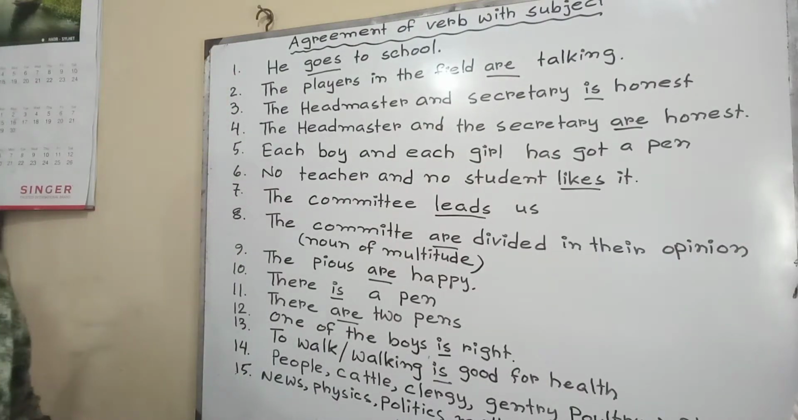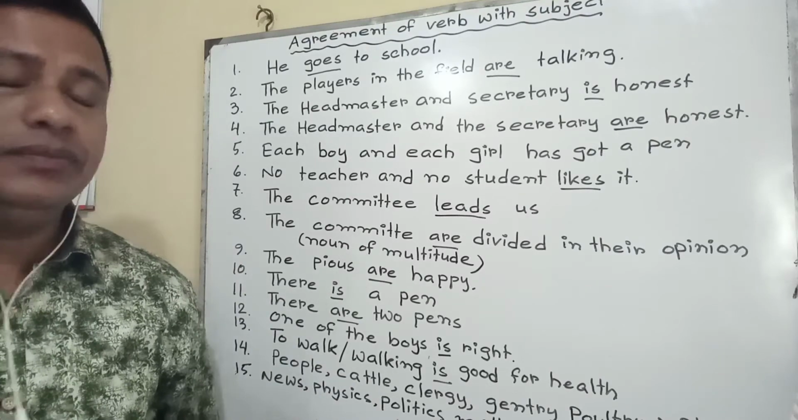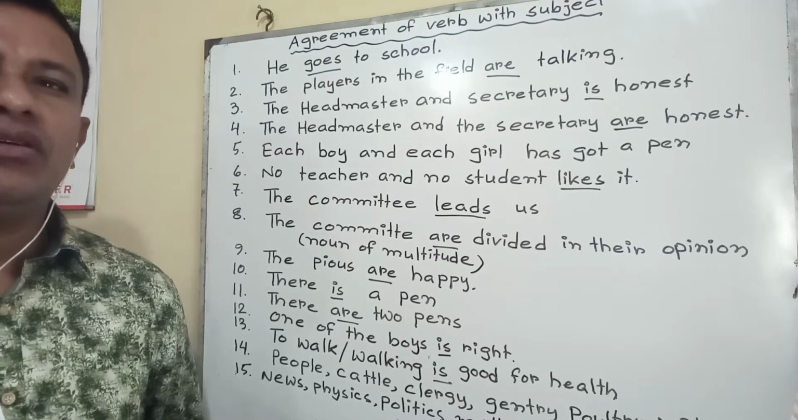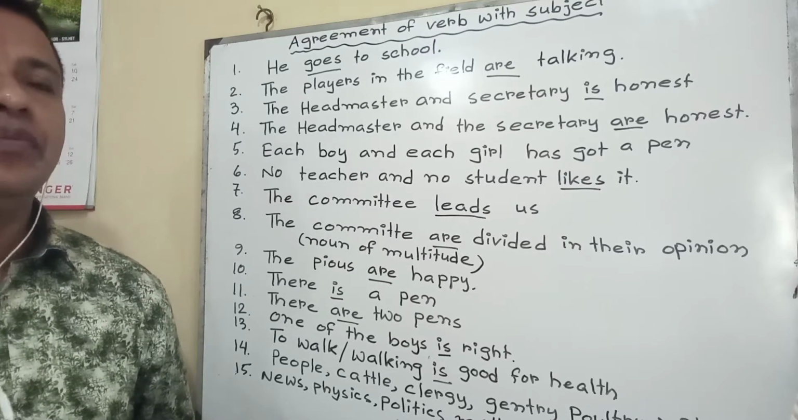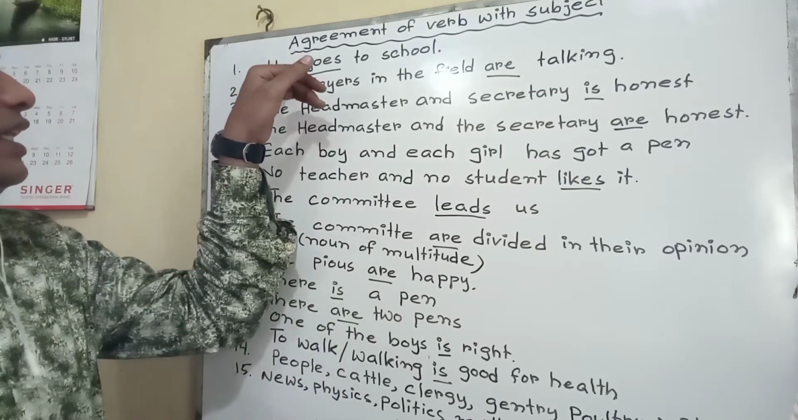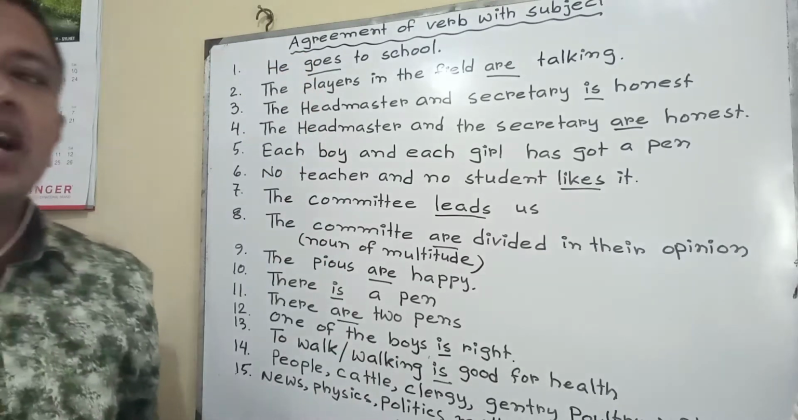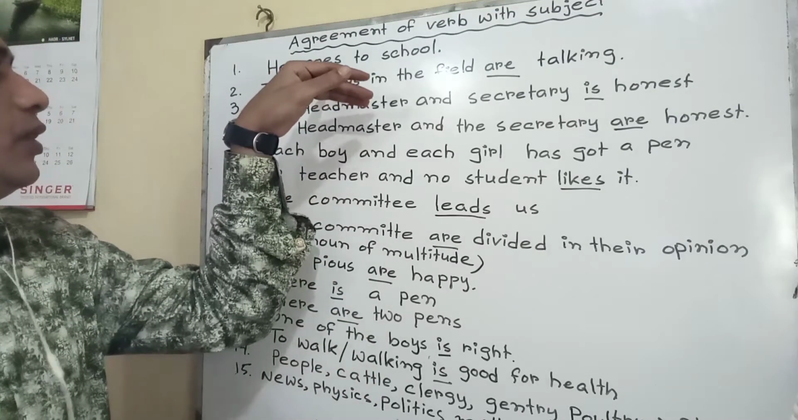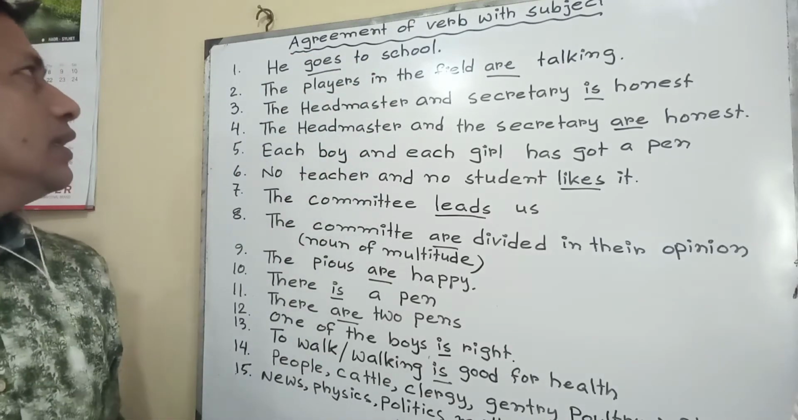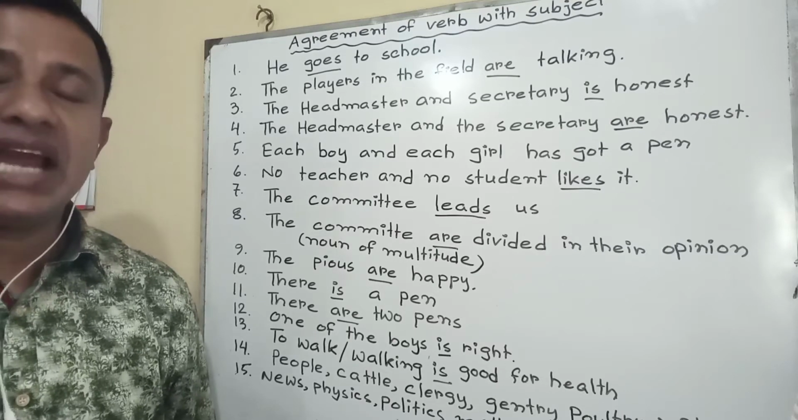Rule 1. He goes to school. We know that in present simple or present indefinite, the structure is subject plus verb plus extension. That means I go to school, they go to school. But if the subject is third person singular, at that time we have to add s or es with the verb. Such as he goes to school, she writes well,